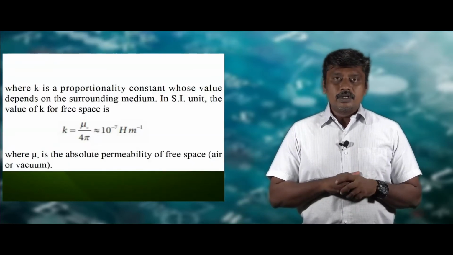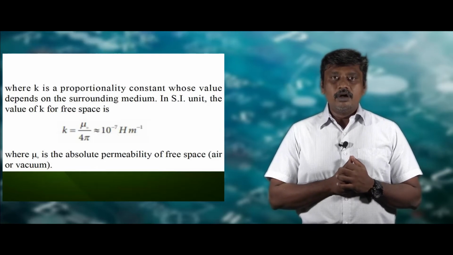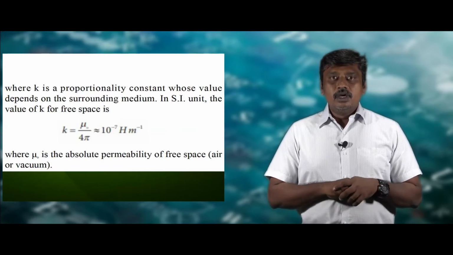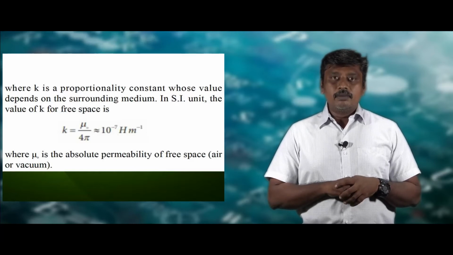To remove the proportionality, we can introduce a constant K. What is K? K is mu naught by 4 pi, where mu naught is the permeability of free space. So the equation becomes F is equal to mu naught by 4 pi into QMA into QMB by R square into R cap. The value of mu naught is 4 pi into 10 power minus 7